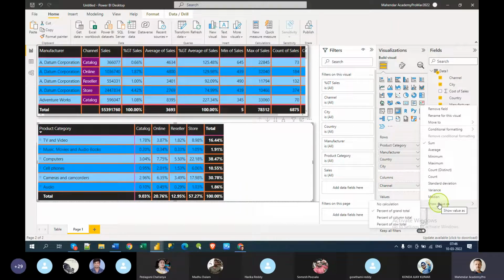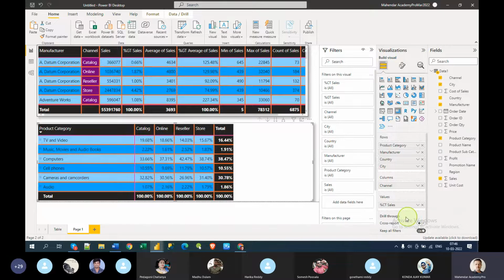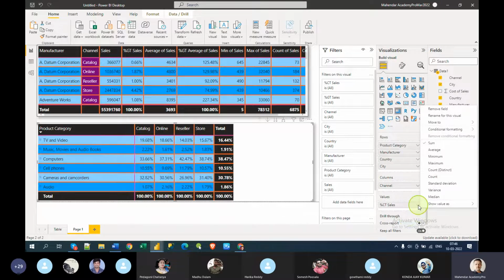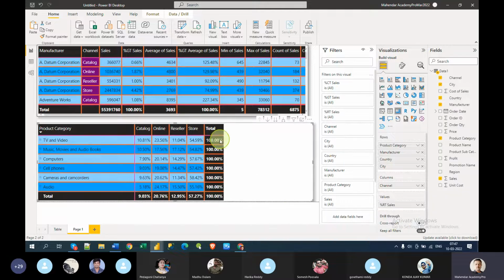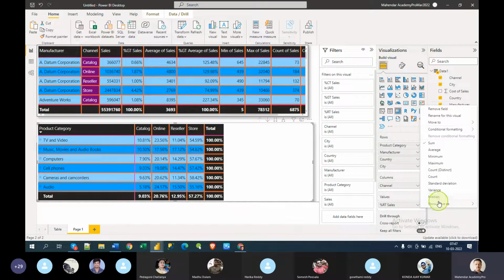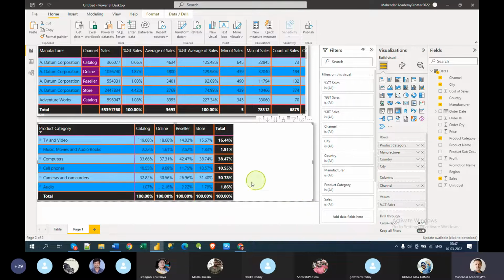So if that is the one, show column totals, no, sorry, row totals. This is always a confusion for me. Now you see here it will become all 100%, but this is not. If you just make column 100%, then the opposite one. Now you see here it's 100% and this is different. So based on the requirement, you can configure this.